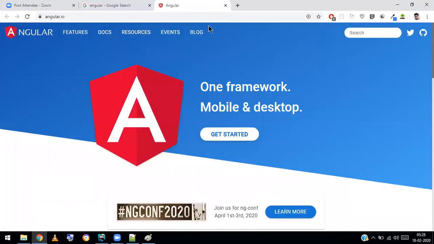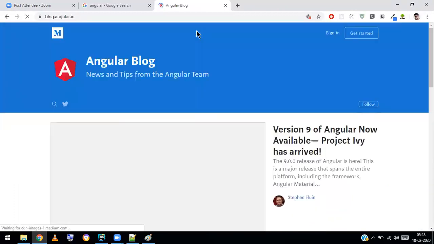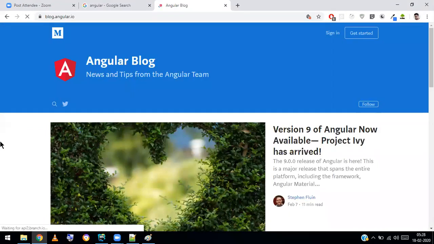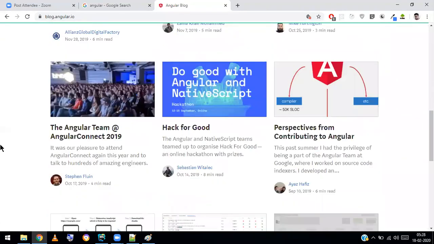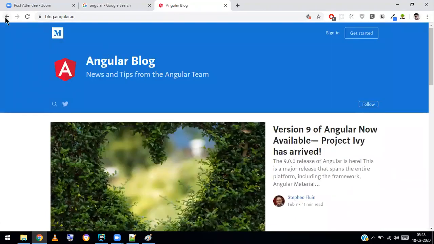And here the important thing is the blog. If you click on the blog, you can understand what are the new versions and new features included in Angular. See, Angular 9 has been released. Okay, Project Ivy has arrived, on February 7th. So Feb 7, Angular 9 was released. So any updates about Angular, you can check on the blog. And